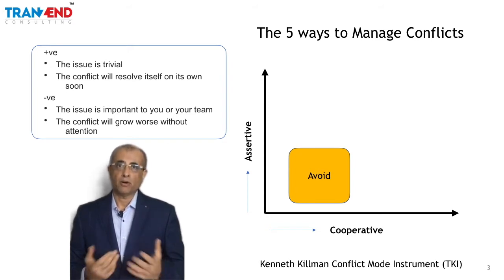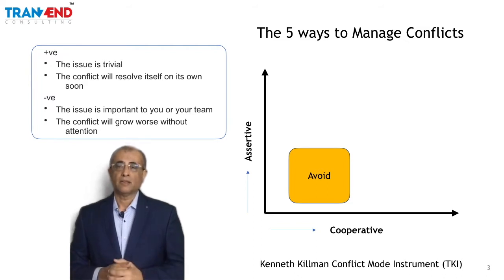The conflict may be important, it may be related to work, but then you come to know that this colleague has actually resigned and will be shifting out in 15 or 20 days. Now, it's not important for you to engage and try and resolve that conflict because this person will not be there after 15 days. So it would be smarter to just avoid the conflict.